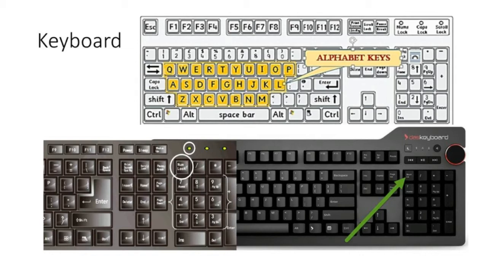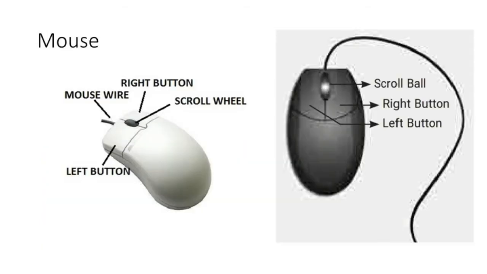Keyboard plays an important role in a computer as an input device. Numbers and alphabets play a role of data in computer. Keyboard helps to enter data. Keyboard has two types of keys, namely number keys and alphabet keys. The keys with numbers are called number keys and keys with letters are called alphabet keys. The next input device, mouse.